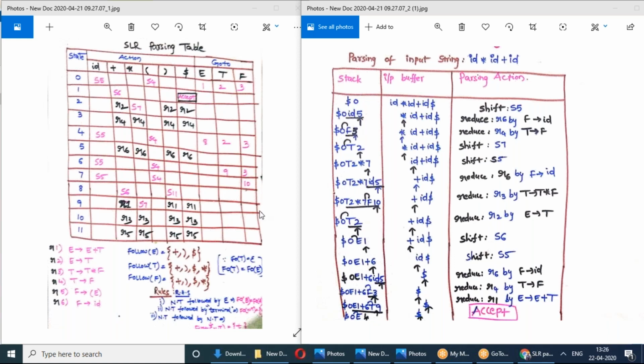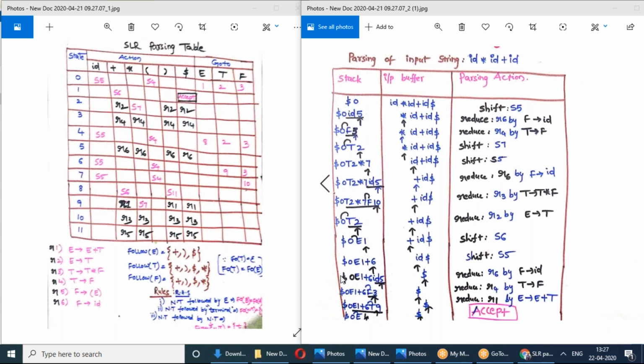Now 1 on plus is S6, shifting. That means plus gets pushed onto the stack, and S6, that's what 6 we wrote here. Now 6 on ID is shifting, S5, because we wrote 5 here. 5 on dollar is R6.